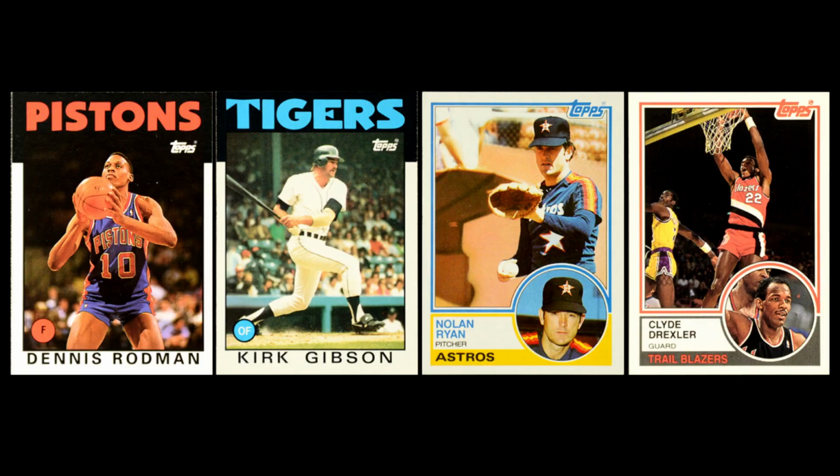Where the problem really occurs is the fact that when you design a card, you're designing that card around the sport. And these cards are designed for baseball. They're not designed for basketball. Just the nature of how the basketball images read doesn't correlate very well across. On top of that, the card designs are designed in a certain era for a certain type of cardstock. And this card set